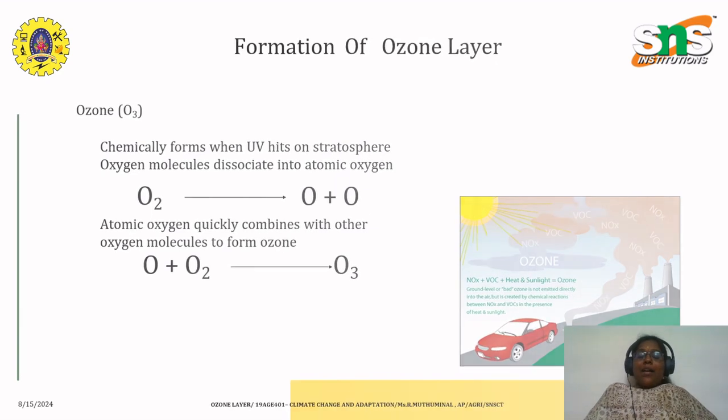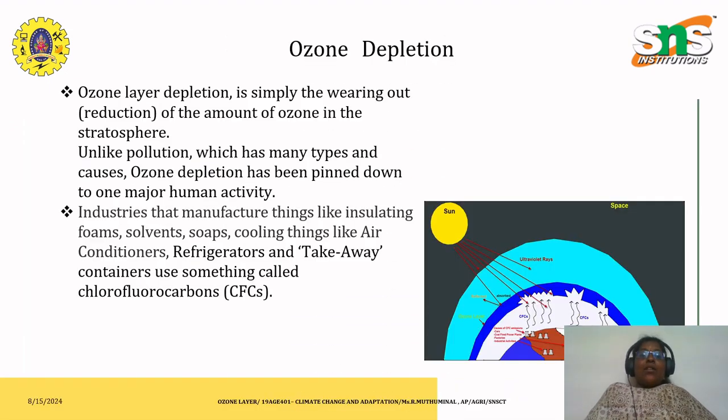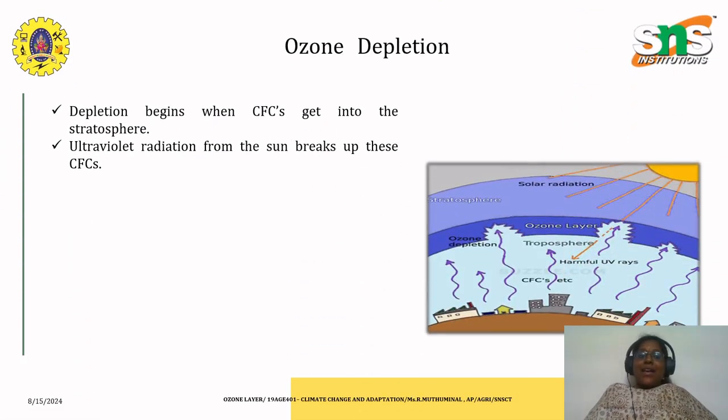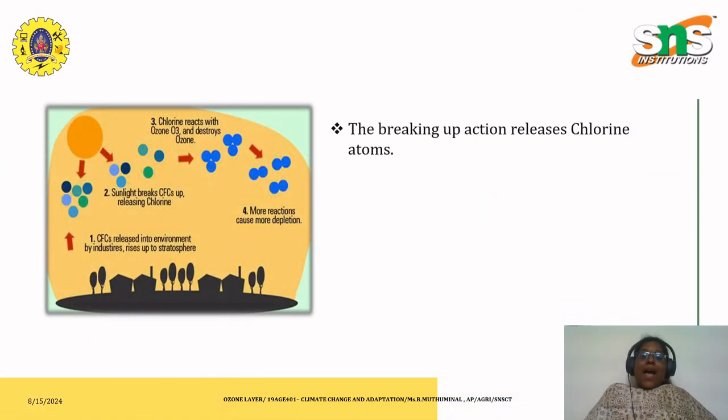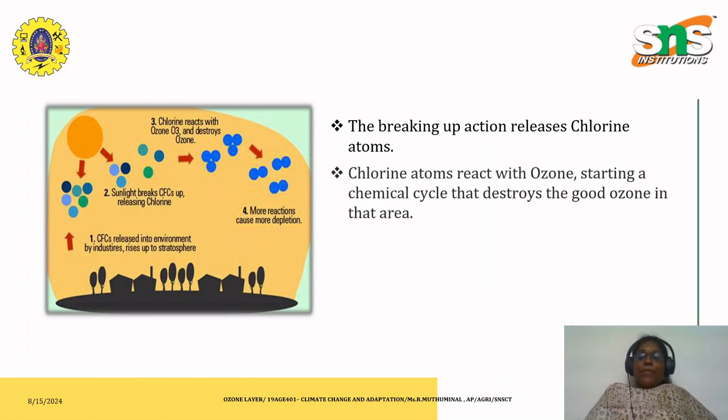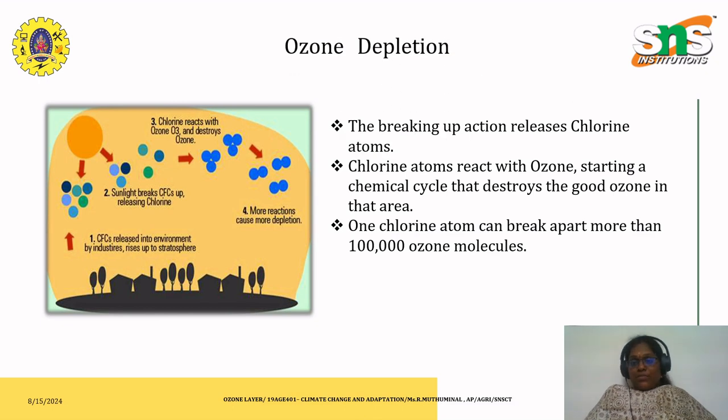formation of the ozone layer. Along with this, we have also seen the depletion category, that is reduction of ozone, which is technically termed as ozone depletion. That means the amount of ozone at the stratosphere gets reduced. Unlike pollution, this kind of ozone depletion has been caused by human activities like CFCs, halons, methyl and hydrofluorocarbons. I have also shown you the procedure that is involved in ozone depletion, that involves breaking up of